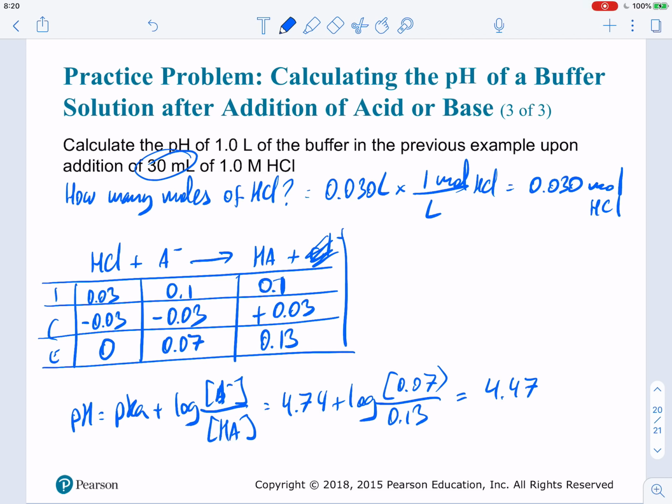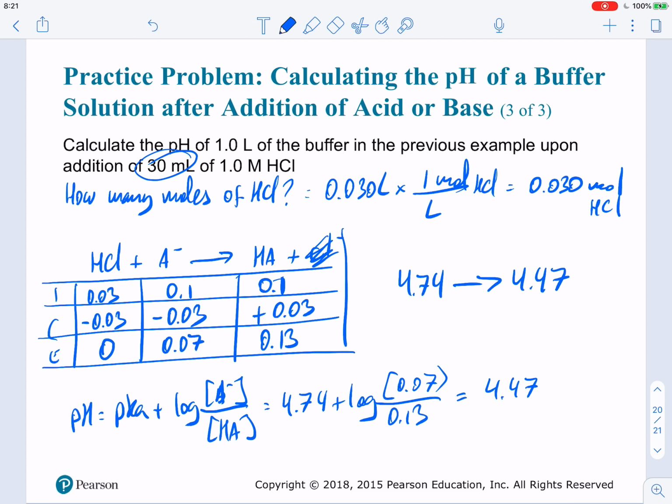Okay, the change in pH by adding acid, 4.74 to 4.47. Yes, it's a pH slightly more acidic, but the change is not as large as if you have pure water. So that's the usefulness of the buffer,